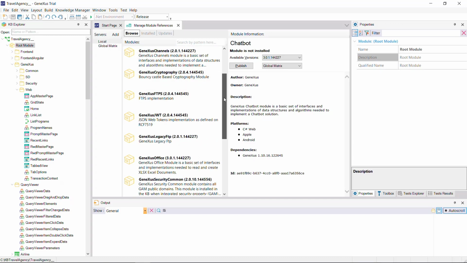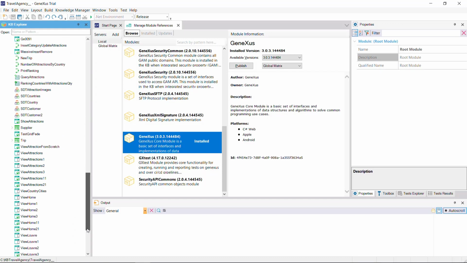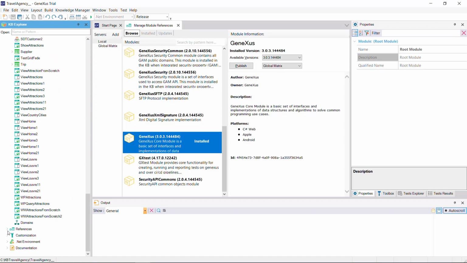One of these is the GeneXus module, also known as GeneXus Core. The GeneXus module is distributed automatically and installed in all KBs, and as with any external module of our application, we'll find it in the References node.